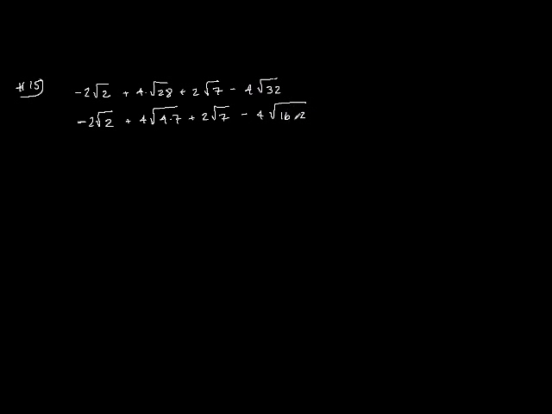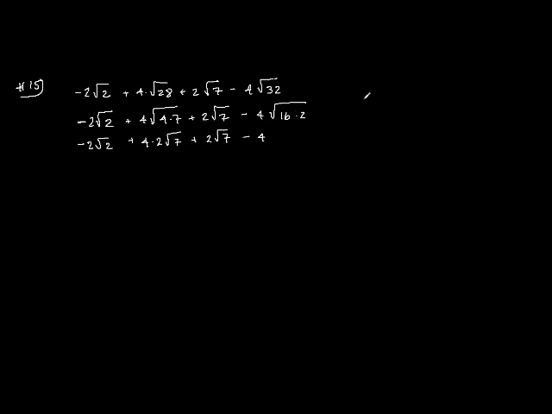Minus 4 times, and here I'm going to change the 32 into 16 times 2. Now there's a reason why I changed it to 16 times 2 and not 8 times 4, and that's because the 16 will come in pretty useful in a minute, and you'll see why. So negative 2 radical 2 stays as it is, plus, now over here I have a 4 under my square root, and we know we can take it out, and that becomes 4 times 2 times square root of 7 plus 2 times 7 times radical 7 stays the way it is, minus 4 times,